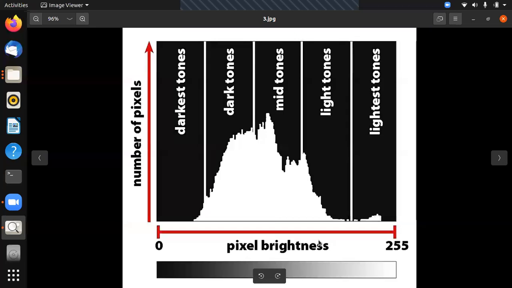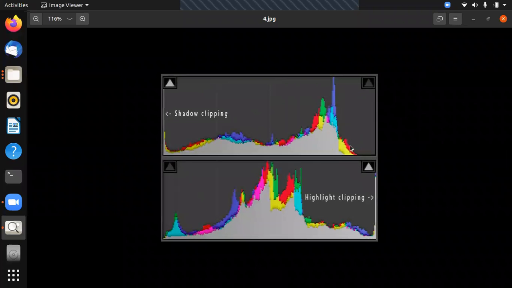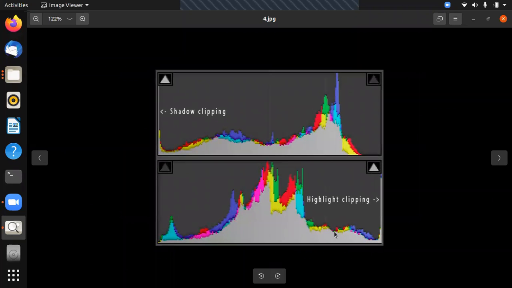Histogram, right? How are they going to help you? We'll discuss this later on. One more time we'll understand. This is 0, this is 255. What are they representing? Pixel brightness. These are called lighter tones, which we have already discussed: highlights, or maybe white; darker tones, black; mid-tones, dark tone, light tone. This we understand. So for a properly exposed photo, most of the things will be in mid-tones, right?